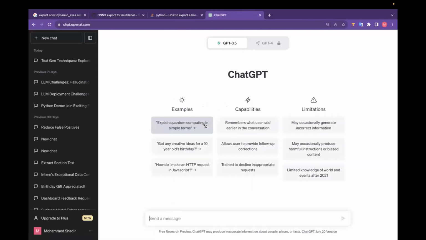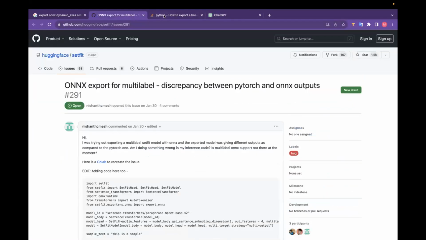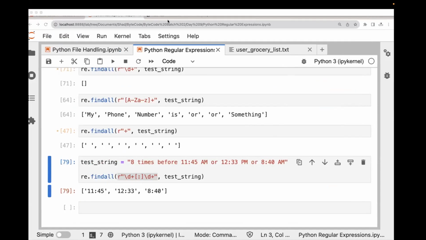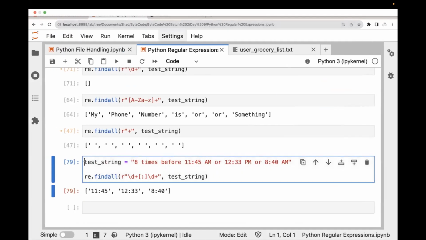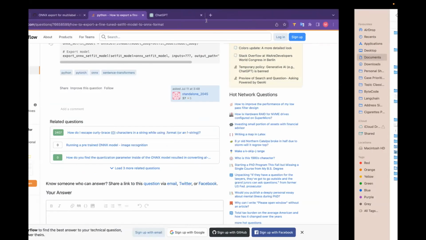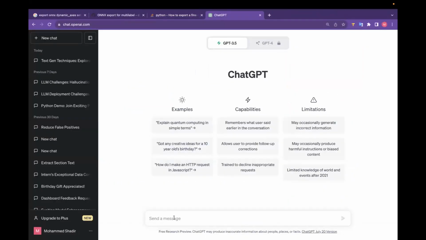Right. I hope you guys know about ChatGPT. So what I will do is, I will just ask ChatGPT, please create